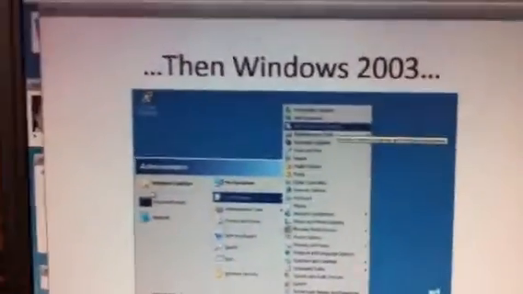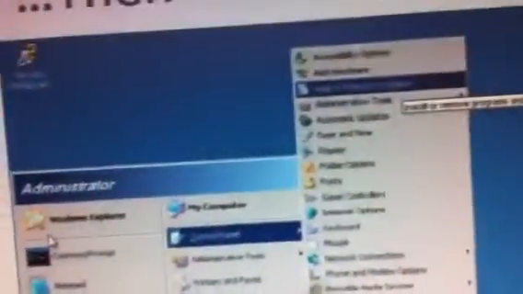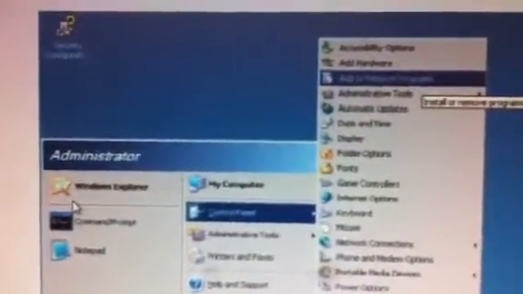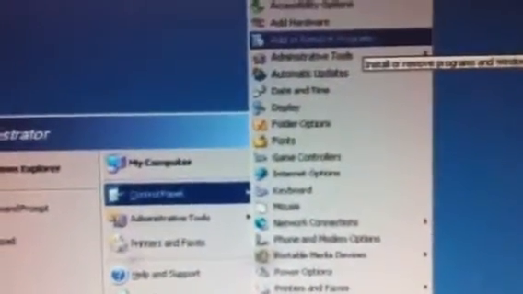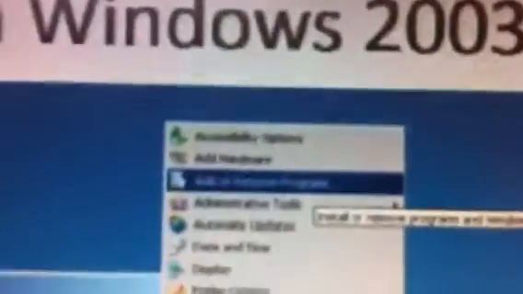Then Windows 2003, which was more of an evolution, but you can also see how the start menu becomes more and more complicated, but still very, very hierarchically driven. And we now have the log